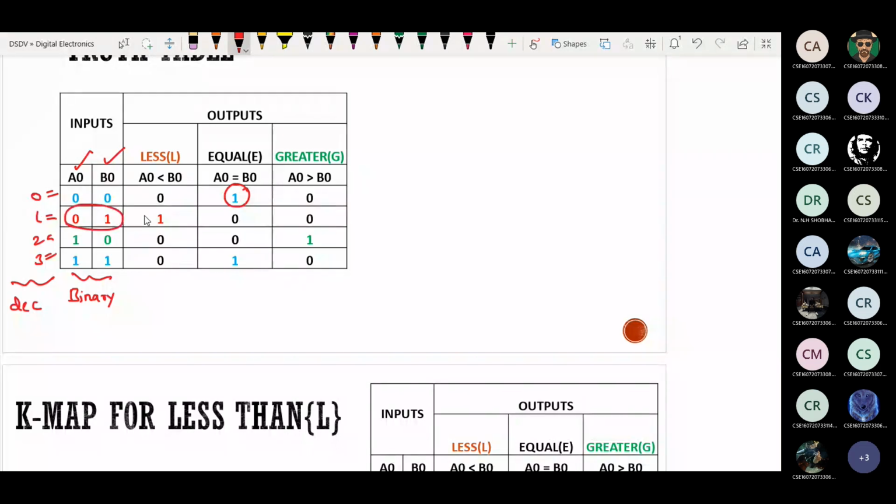Here A is less than B, so in less than, put 1. Here 1 0, A is greater than B, so in the greater than position it will be 1. And here both are equal, so in the equal to position it should be 1. Clear this one? Yes sir, just simple comparison.